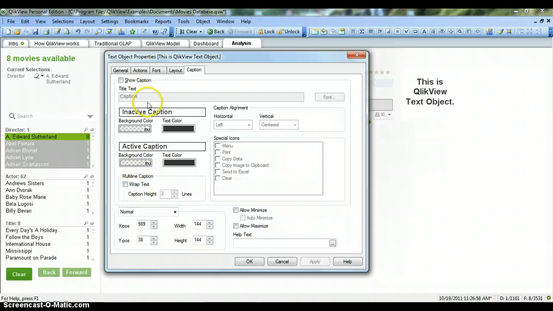Multi-line caption. So if the caption is big and going into several lines, you can enable this and specify how many lines you want to see. X position, Y position, width, height. So which position you want, what kind of height and width you want to have. So these kinds of options you can set, and very straightforward for a text box. Allow minimize, allow maximize. I'll encourage you, go ahead and evaluate these properties. Very simple and very straightforward in nature, but the important property I would say here is